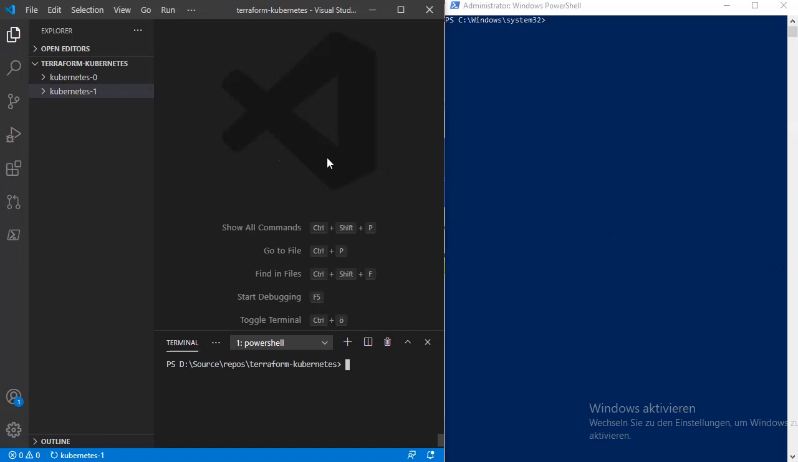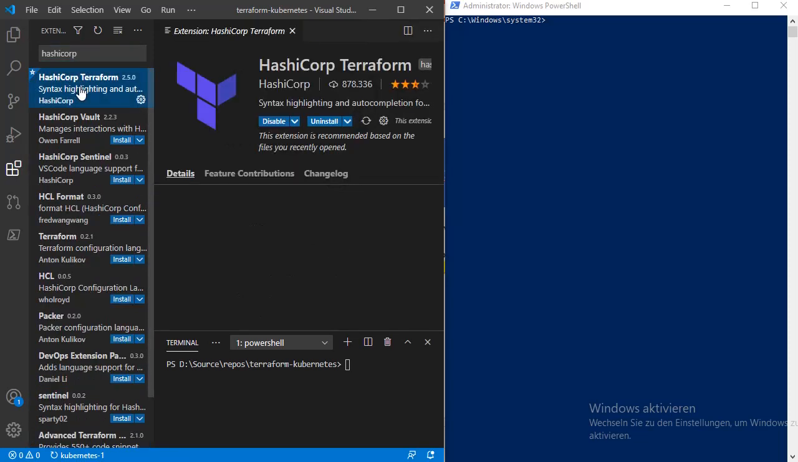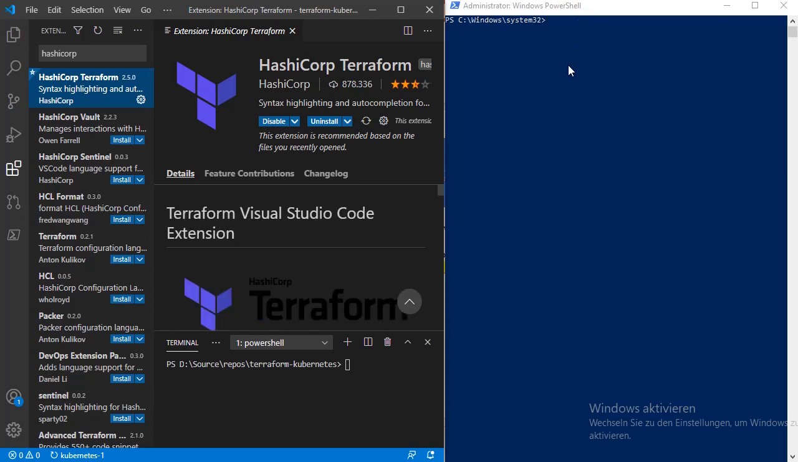In this video, we want to use Terraform to deploy a really simple Hello World container on Kubernetes. The extension that you need in Visual Studio Code is HashiCorp Terraform. You see I have installed it already, and I have started PowerShell as administrator to execute some Kubernetes commands